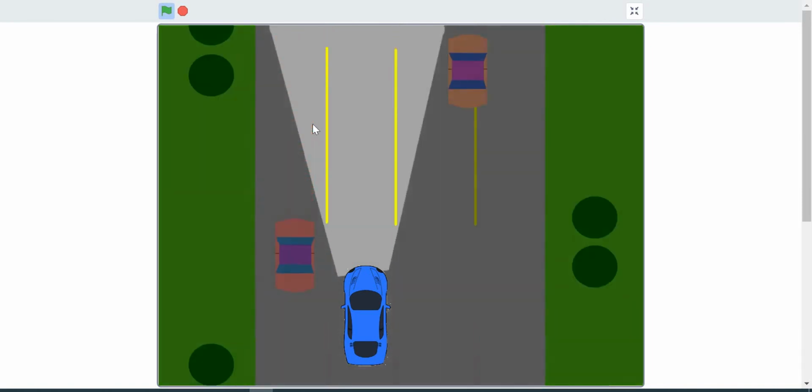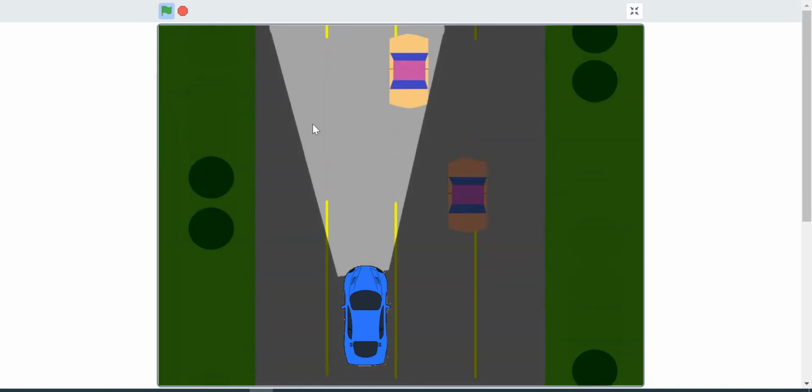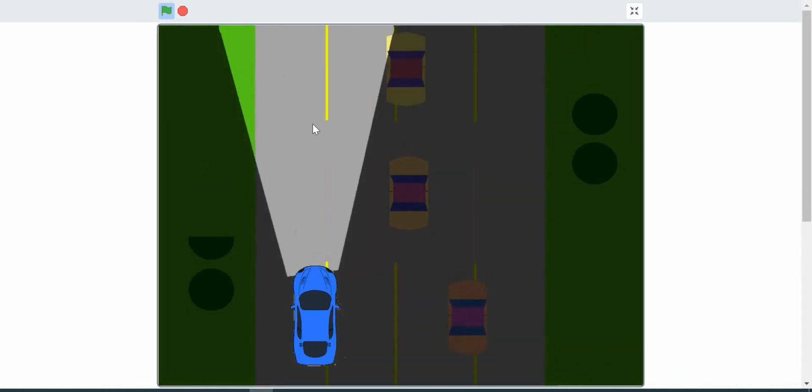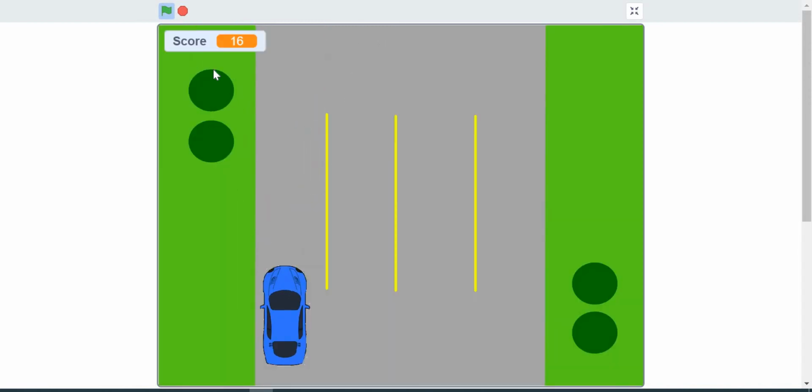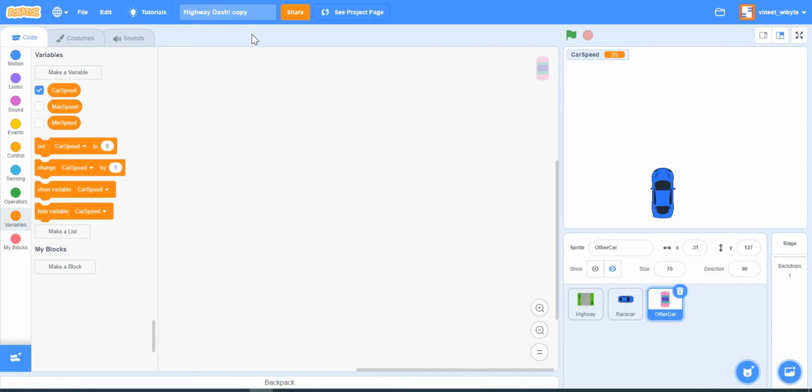So other cars are appearing on top and they are moving downwards. Really, they are a standard cloning exercise, where we have this car coming in, and of course when it hits something, the game comes to an end. So we are going to build all of this. But really, like I said, it's all about cloning and making sure that these cars go from top to bottom. So let's start writing a little bit of code for this.